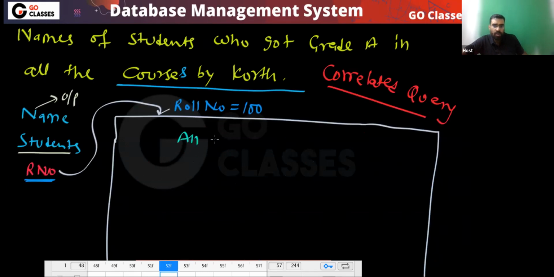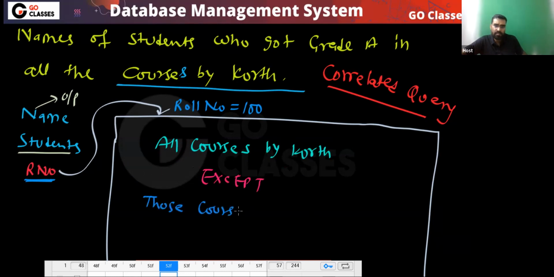Let's see: if I find all the courses by Korth, and then from these courses I remove those courses in which roll number 100 got grade A,